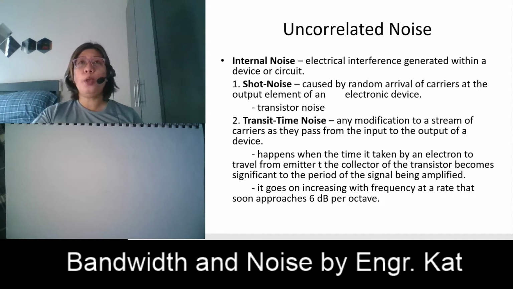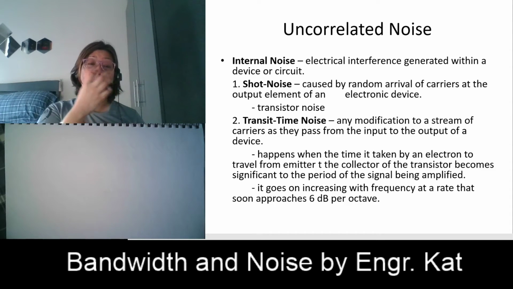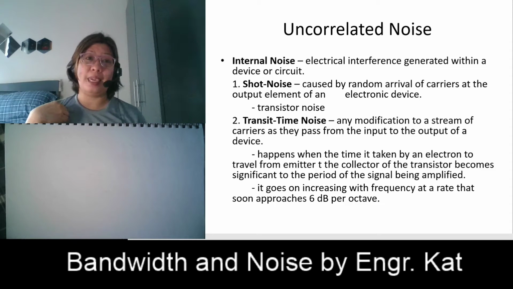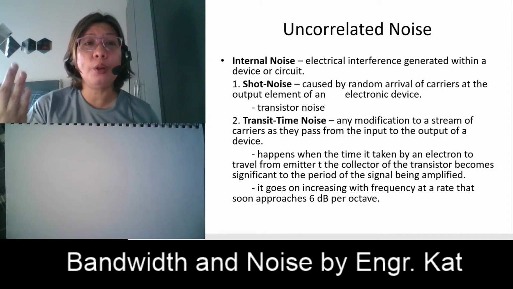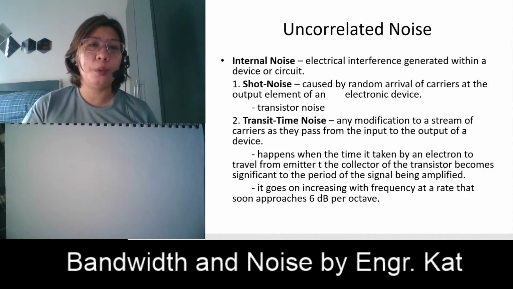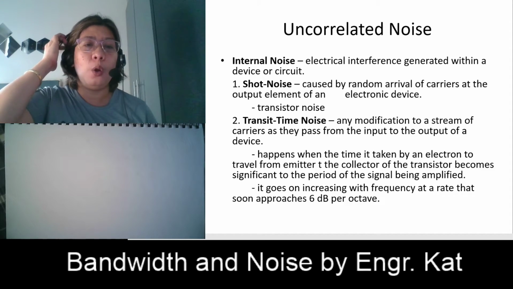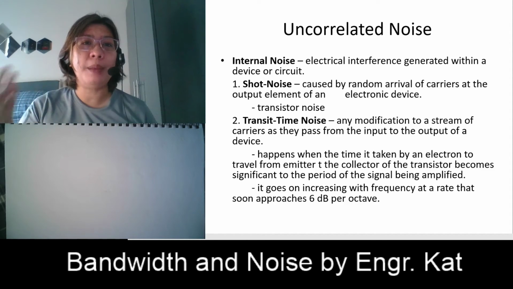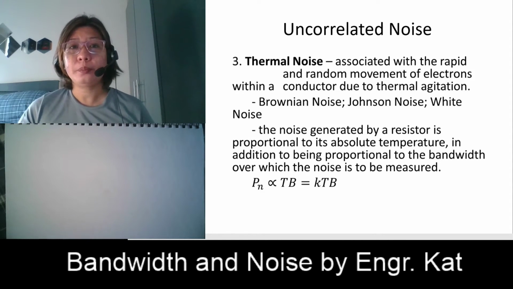When your absolute voltage or power increases by a power of 10 or decreases by a power of 10, we call it a decade. So when you double or halve your absolute voltage or power, you call it an octave. When you multiply it by 10 or divide it by 10, you call it a decade.